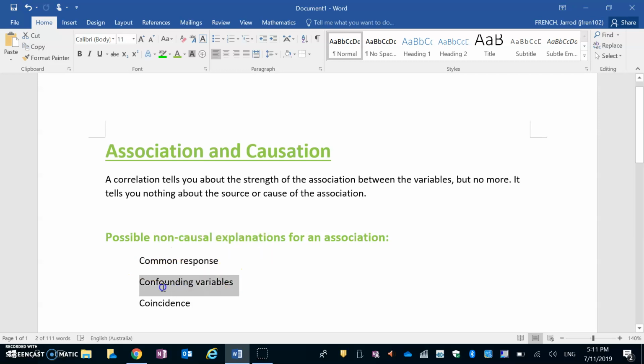The second one we're going to be looking at is confounding variables. If we were looking at crime rates and unemployment in a city, they are directly related. We don't know which one is the explanatory because either could be. Crime rates could trigger unemployment, or unemployment could trigger crime rates. So in this case, we have no set explanatory variable, and we can't go any further because we don't know the actual cause for the association.